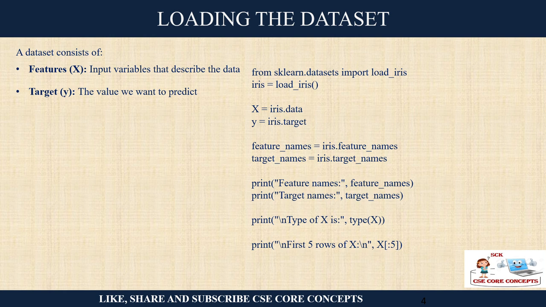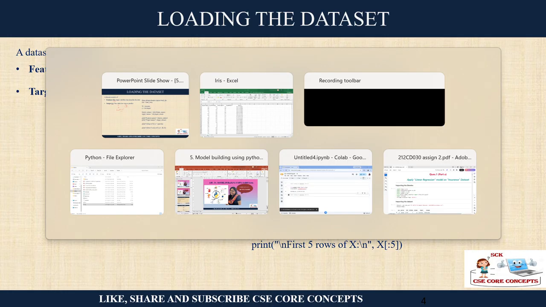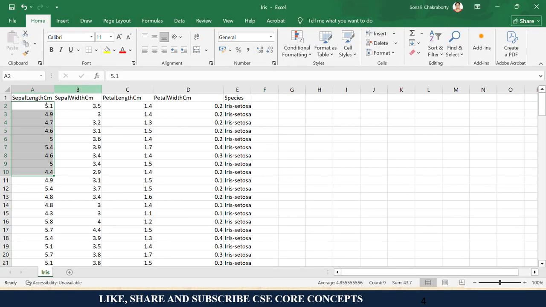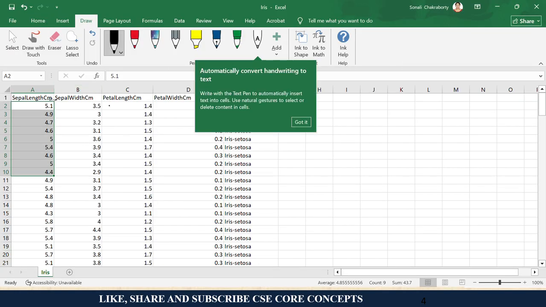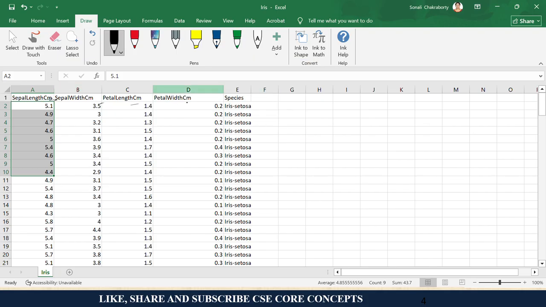Whatever data you have, there are two parts of the data. One part is the X and another part is the Y. What is the X part? X is called the features. Features are those that define. Like in Iris, you have the sepal length, sepal width, petal length, petal width. These are the features.